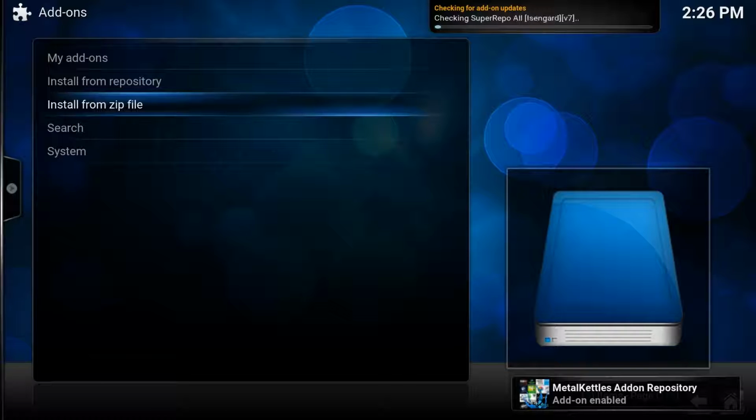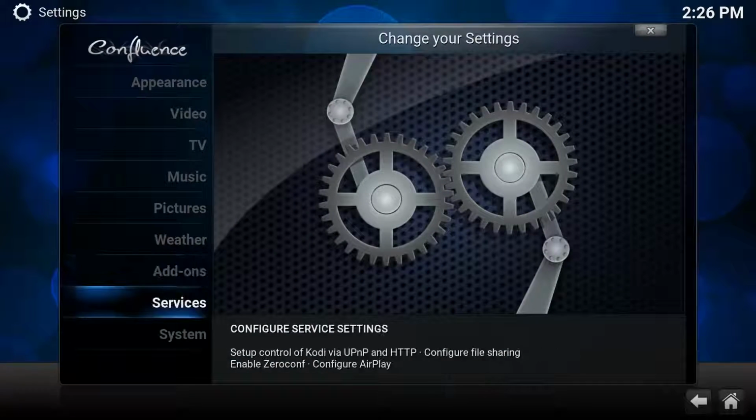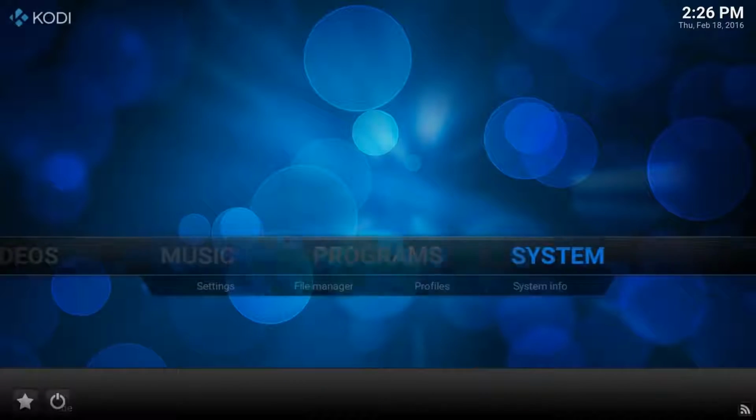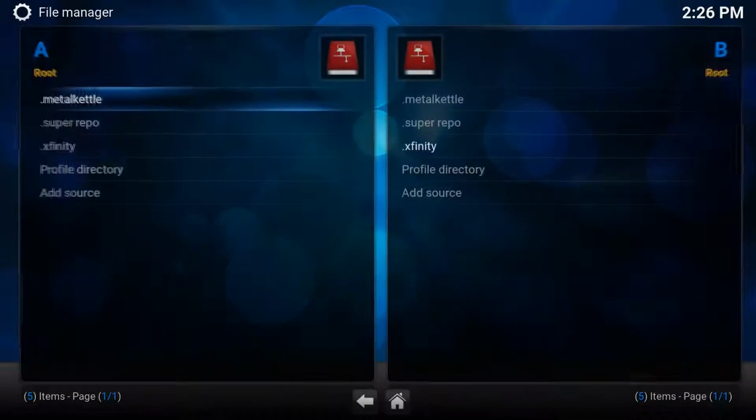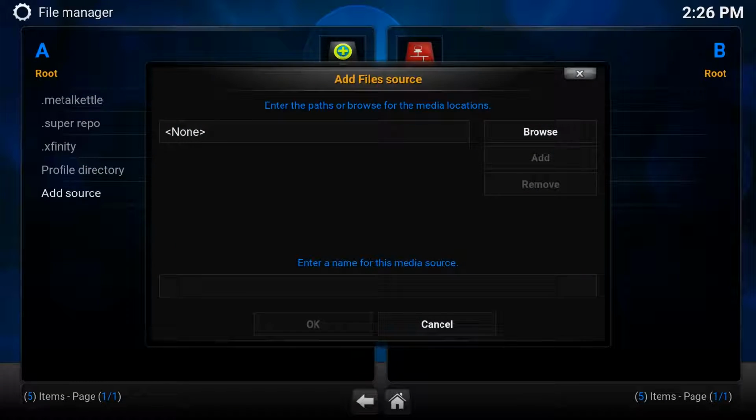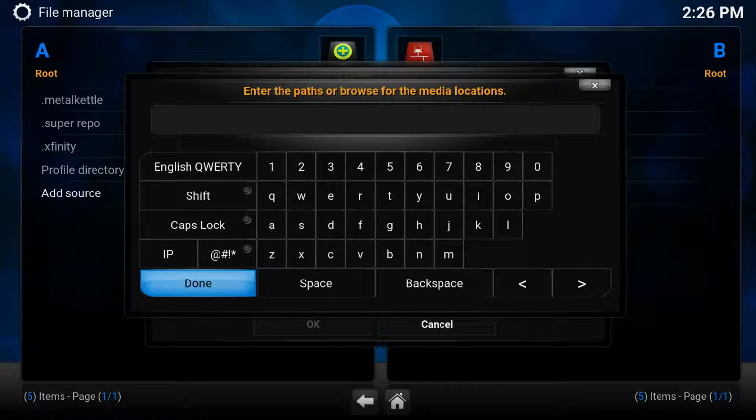There we go. Okay, and the last one, and the program that I'm going to show you how to set up, and the most useful one out there also. Escape out of here. File manager, add source, click on there. Now as we can see, we have got various ones set up. What I'm going to do now is show you one specifically for one program that I'm going to show you how to set up in detail so you can do all the programs yourself.